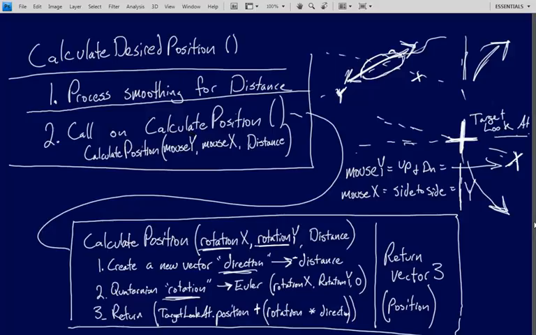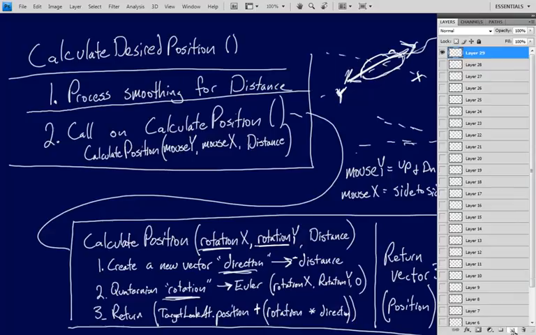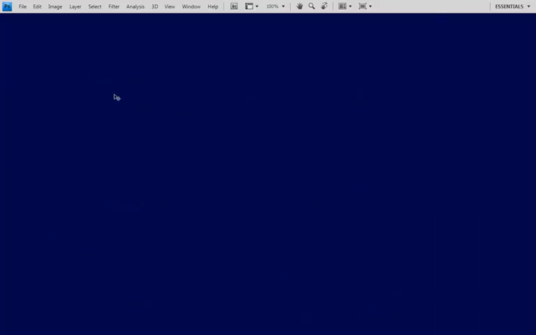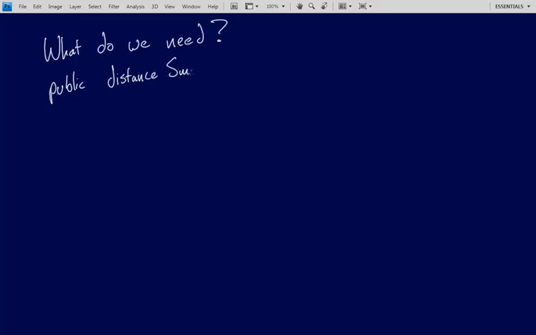Now that is a great breakdown of everything that we've got to do, but we never really got a chance to talk about the things that we needed to get this done. Right. So what do we need in order to get this done? Well, we're going to need a distance smooth. So we basically need a public field that's going to be a float that we're going to call distance smooth. Now what this field is holding is the time that we're going to be smoothing